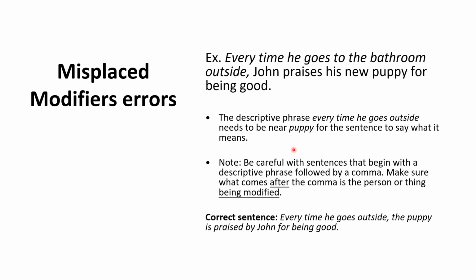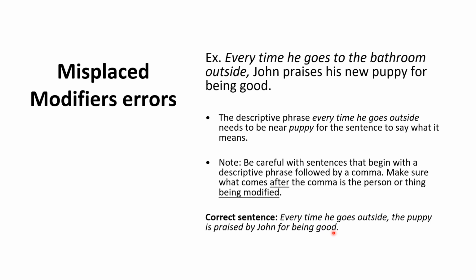For it to be an effective sentence. Imagine this. John going out of the bathroom. Every time he goes out, he praises his puppy for being good. Does it make sense? Or this one, if you would place the word puppy near this descriptive phrase, every time he goes to the bathroom outside, the puppy is praised by John